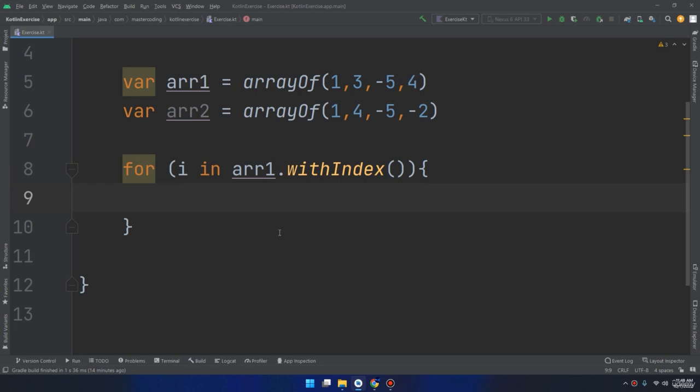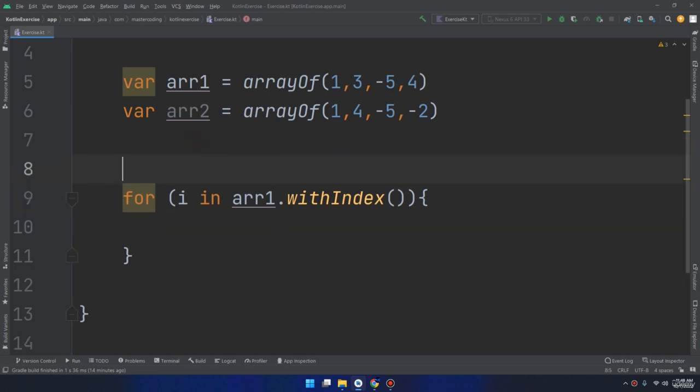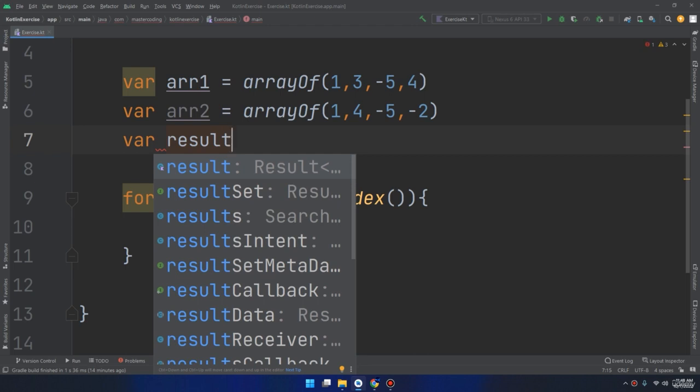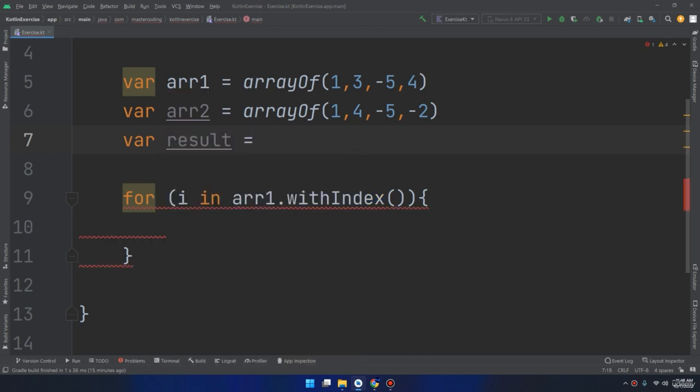I need to create here a variable var result equal to 0,